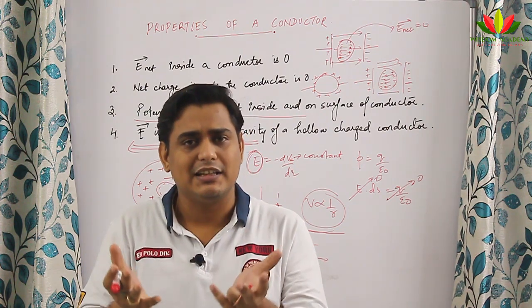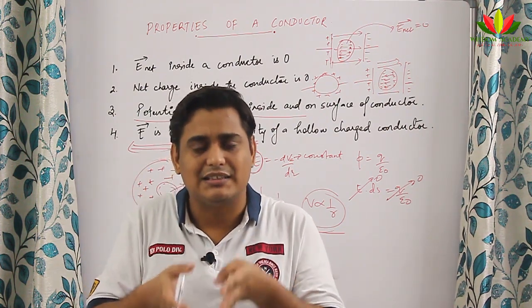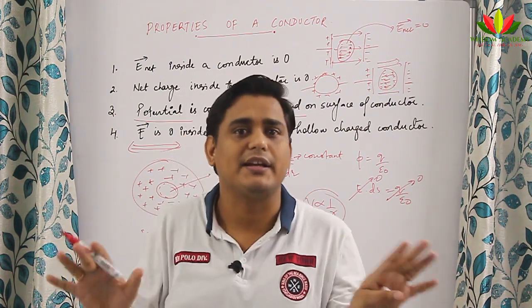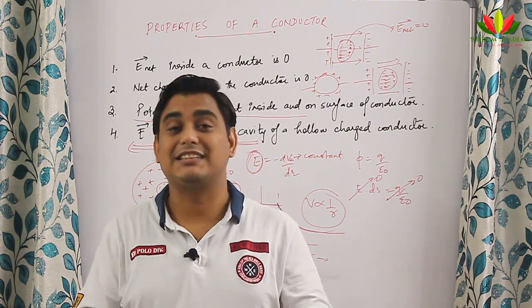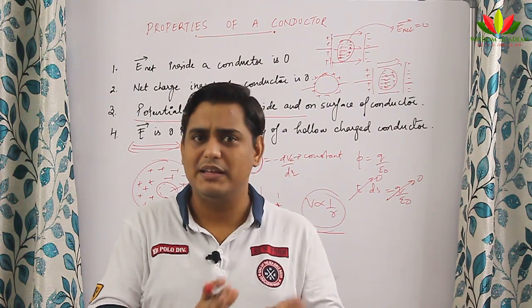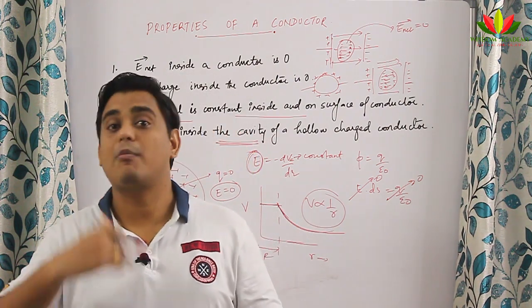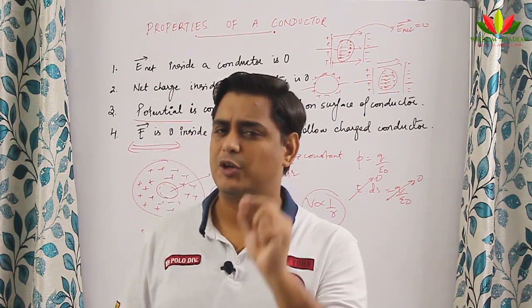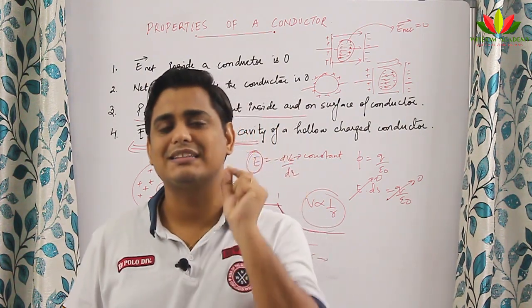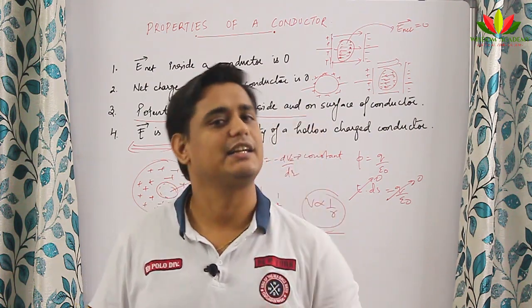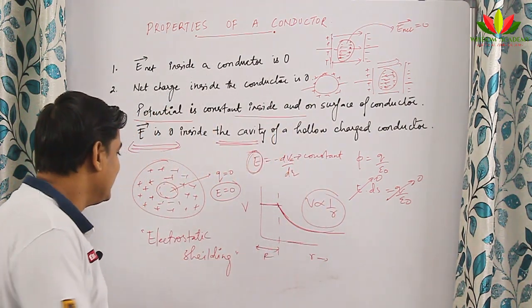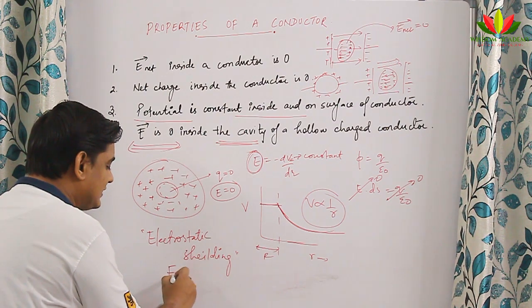So you inside the car is like you are in the cavity of the conductor. So inside the cavity there is no electric field, so you are the safest inside the car. Please, in this kind of situation, don't try to come out of the car, because when you are inside the car, by the principle of electrostatic shielding, you are safe from the external electric field, right? This is one of the applications of electrostatic shielding. This is also known as Faraday's cage.